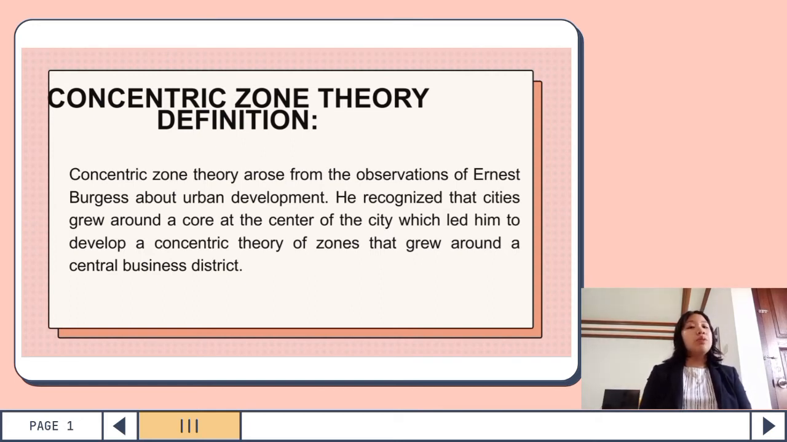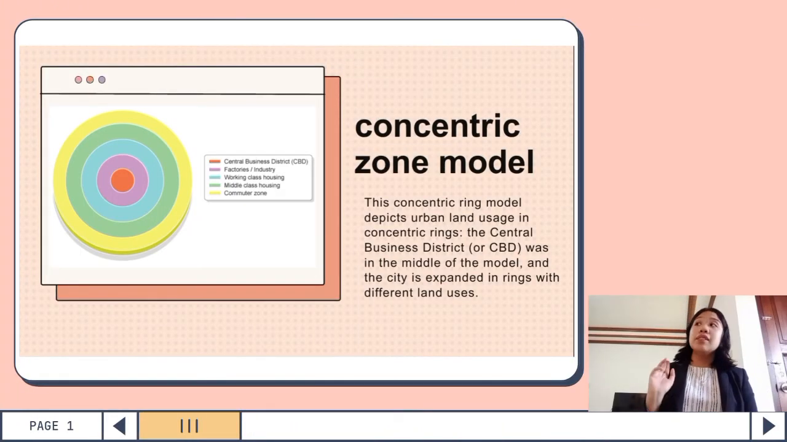What do we mean by core? It is a circle, like the earth with layers, that you can see on the next page. And this is the illustration of the concentric zone model. What is the concentric zone model? This concentric ring model depicts urban land usage in concentric rings. The Central Business District, or CBD, was in the middle of the model, and the city expanded in rings